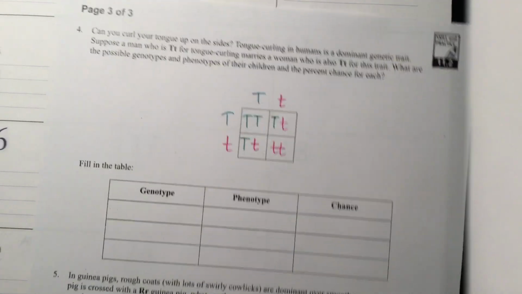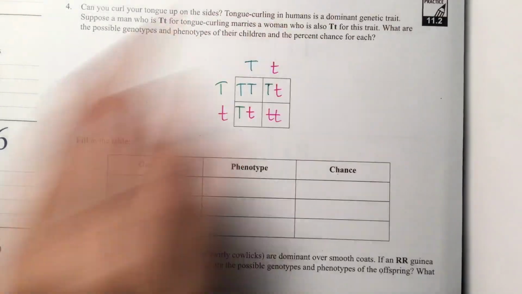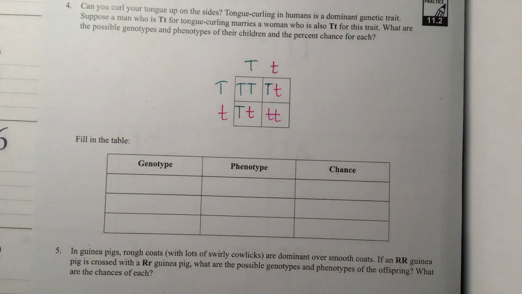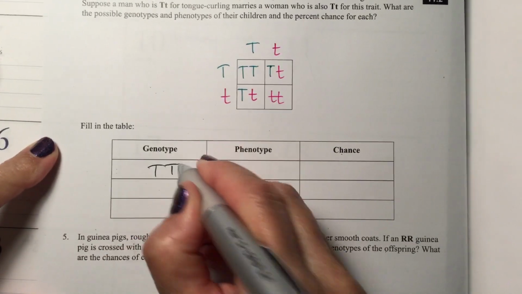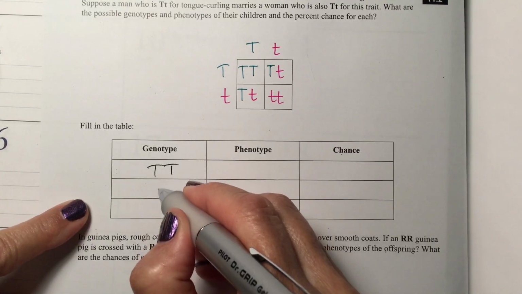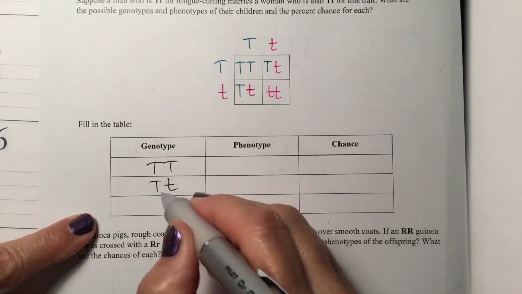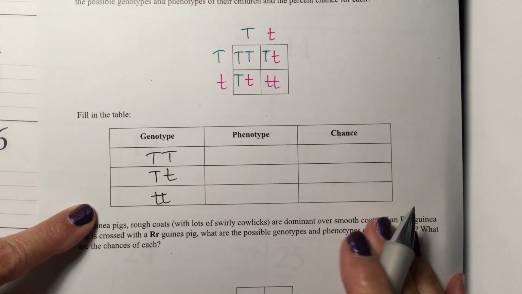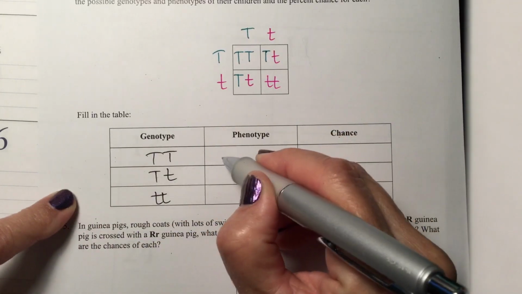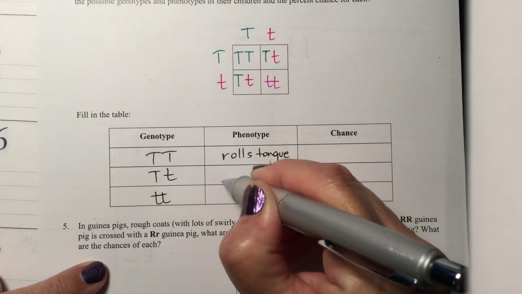The possible genotypes here are big T, big T, homozygous dominant. Big T, little t, heterozygous, which means the dominant trait's going to show up. And little t, little t, which means they cannot roll their tongue. So the phenotype is rolls tongue, rolls tongue,